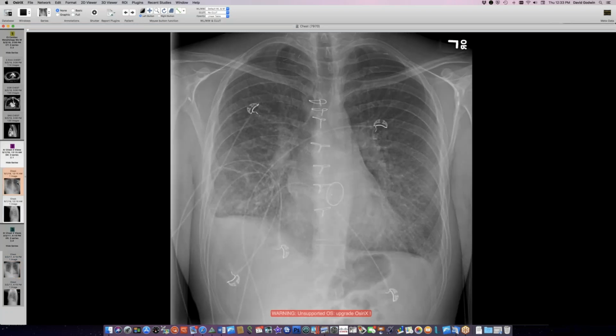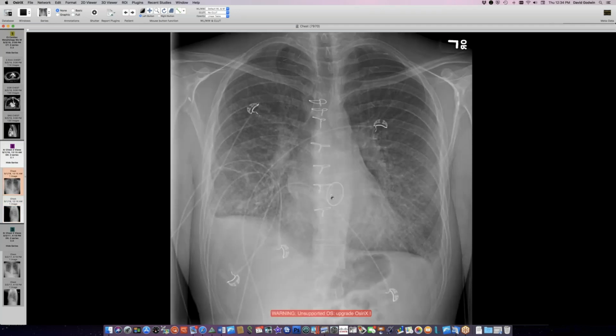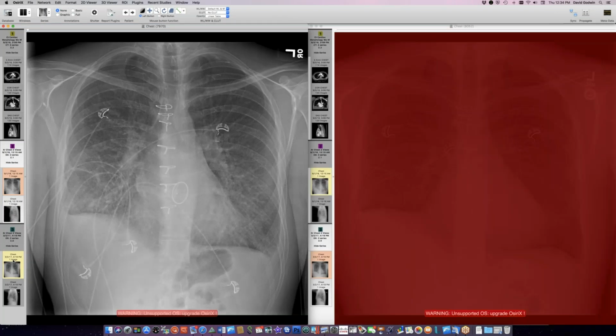And then in 2018, this is more current imaging. The person had developed lung edema here, pleural effusions, and had signs of heart failure. And here's our mitral valve again, but now notice that the amplatzer now is overlapping the mitral valve. Previously, and here it is overlapping on the lateral view. I don't think I would have picked this up. Just to compare the previous one here, you can see that